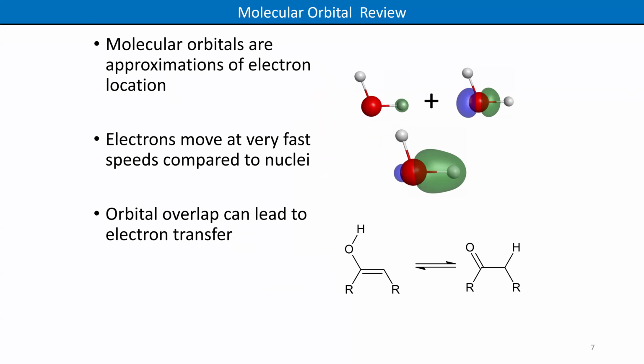So the reason that this sort of weirdness occurs with these pi bonds and with these lone pairs is because of the difference in size between the electrons and the nuclei. All right, so those molecular orbitals, we just said, well, the electron's like somewhere in that space, right? But we can't really say where it is exactly because it behaves kind of like a wave because it's so small. The nuclei don't behave like that. The nuclei are pretty fixed in place relative to that. So that's actually what's called the